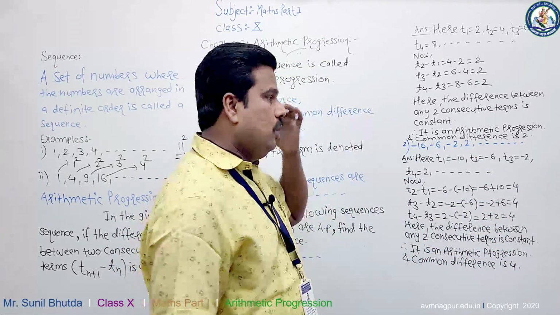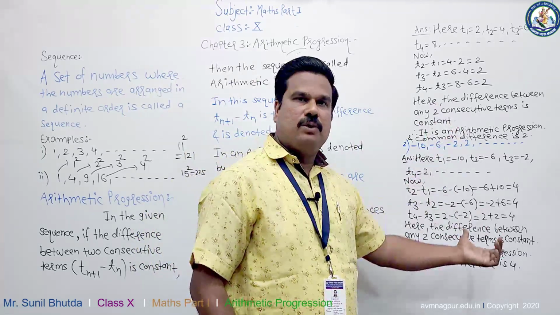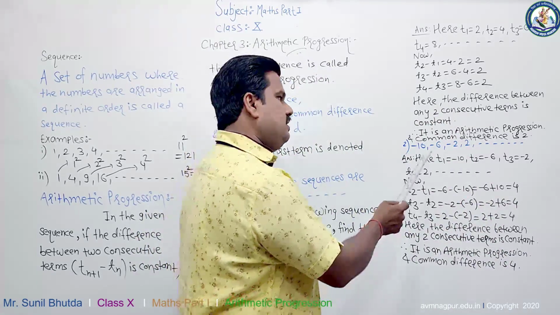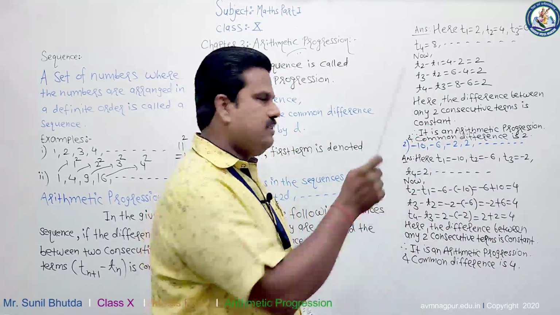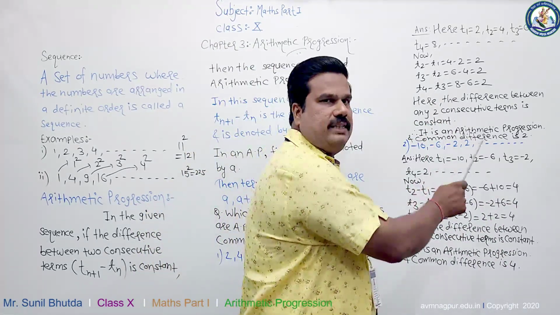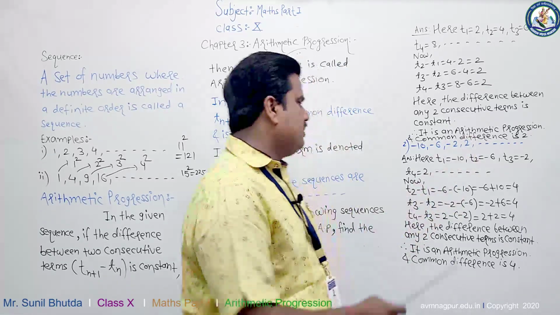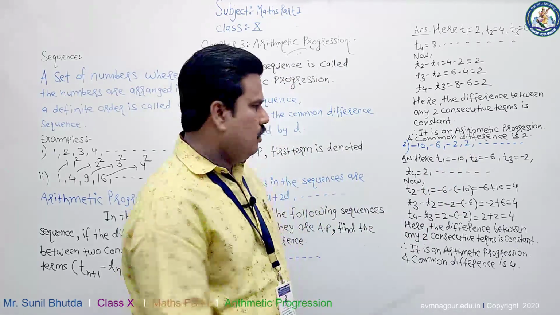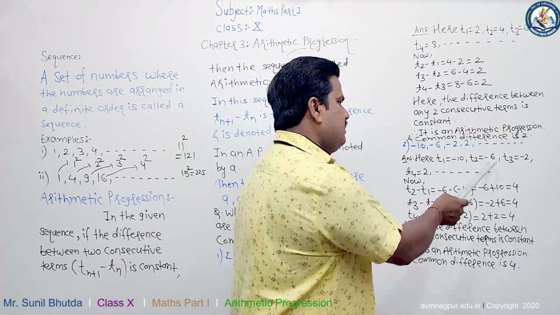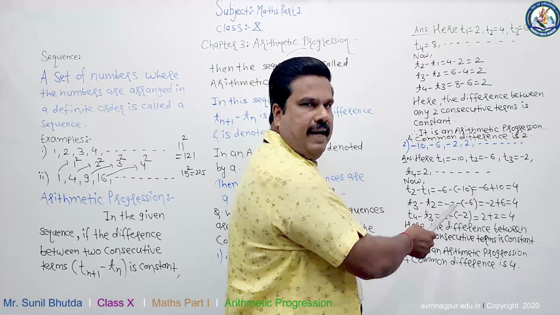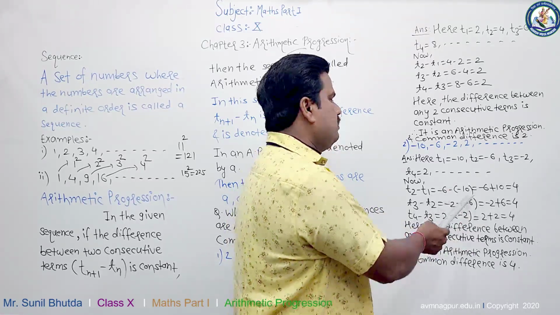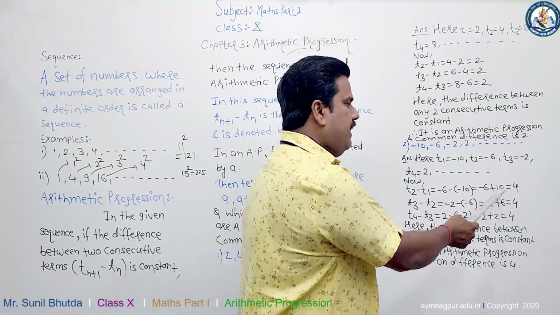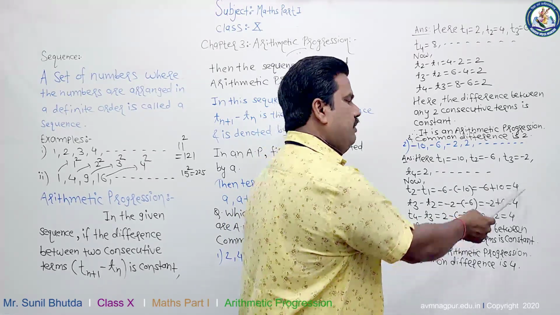If we want to show a given sequence is an arithmetic progression, what will we show? We will find out the common difference between any two terms, that is T1 and T2, T2 and T3, T3 and T4. Firstly, I have calculated the common difference between T1 and T2. T2 minus T1 is what? What is the second term? Minus 6 minus, what is T1? T1 is minus 10. Minus 6 as it is, minus into minus plus 10, minus 6 plus 10 will give